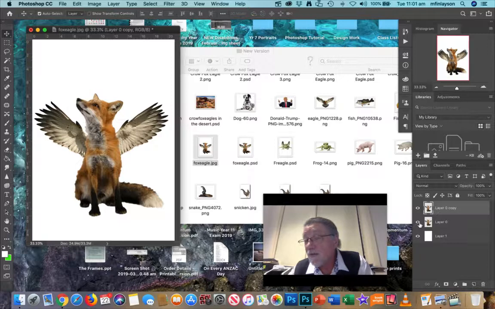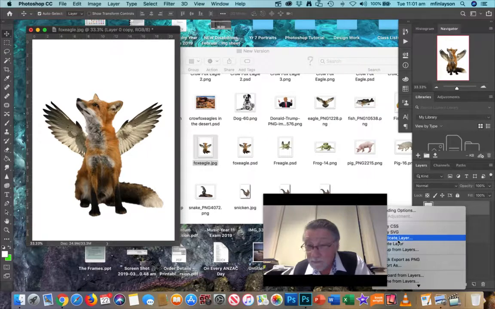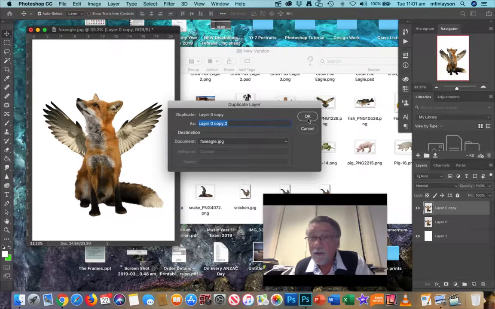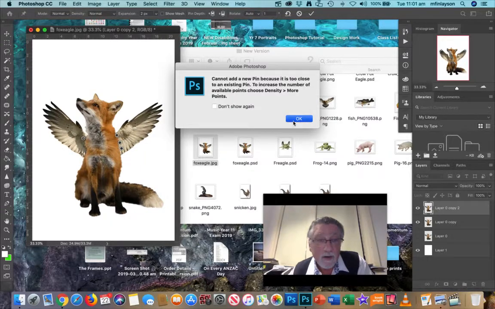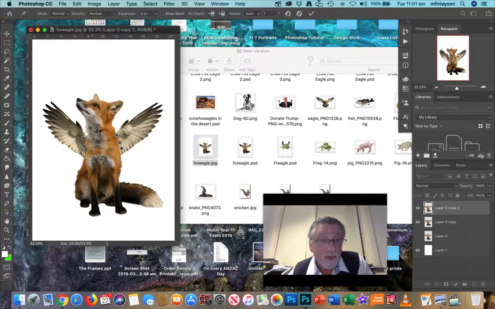I'm going to turn layer 0 off. I'm going to go to layer 0 copy, and I'm going to duplicate it again. Layer 0, copy 2, excellent. So that's what I'm working on now. I'm going to repeat exactly the same thing. So edit, puppet warp. I'm going to pin my wings. Oop, a bit close. Okay, sometimes it doesn't like them too close. 2 should be enough there. Pin the ears, head, and of course the feet, because I don't want anything to move that I don't want to move. Now I go to my wings,